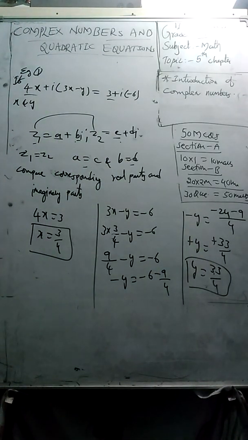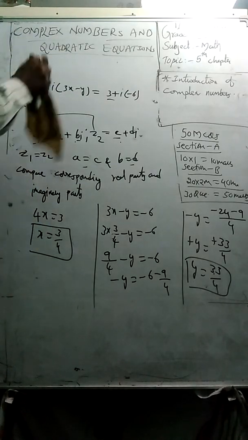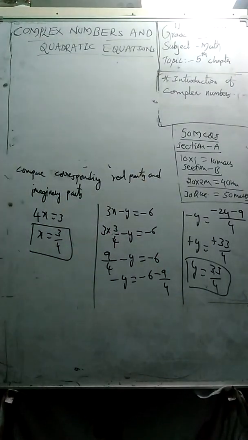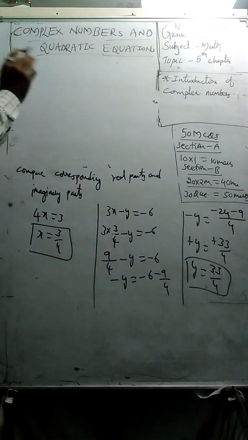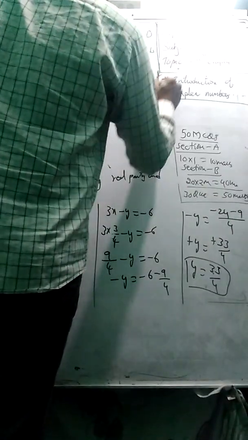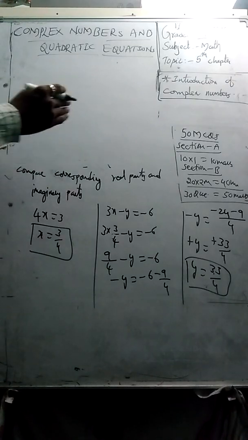Now, briefly, we will discuss the properties of the algebra of complex numbers, namely addition of two complex numbers. If we add two complex numbers, again we get a complex number. That is the closure property. If you add any two complex numbers in any order, their sum is equal, you know, 3 plus 4 equals 4 plus 3. So the commutative property exists. If you add three complex numbers in any order, the results are the same. That is the associative property. And the existence of identity, the additive identity, that is 0.